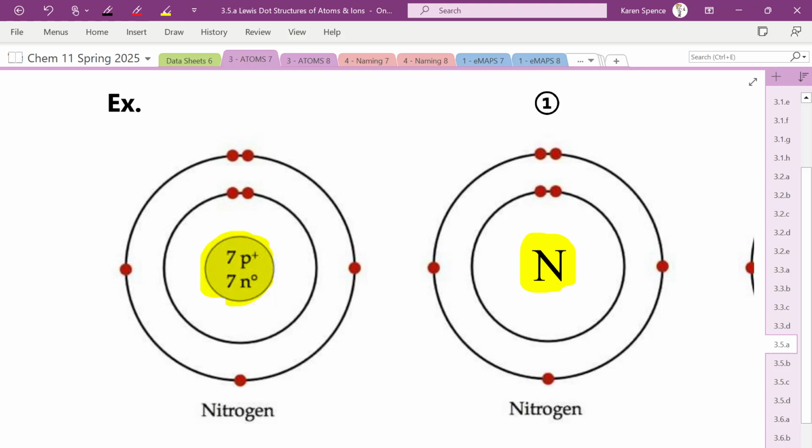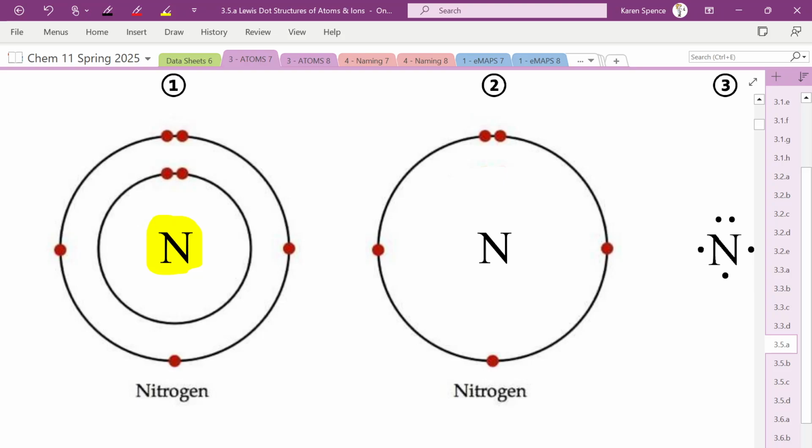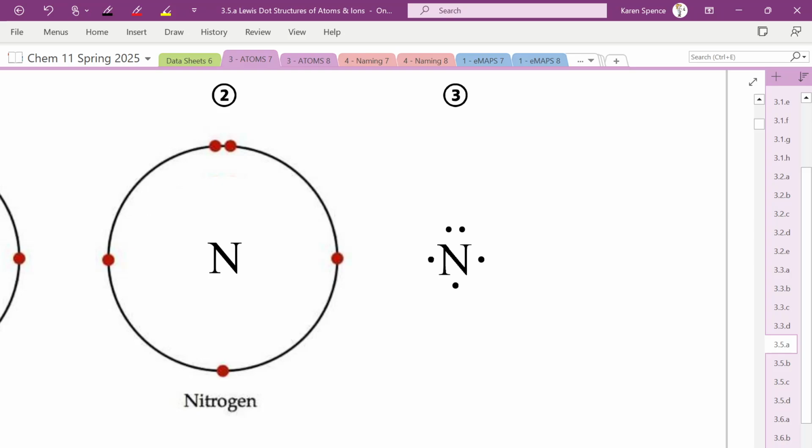Then, the second thing we do is remove the inner electrons, so we leave only the outer shell. And then we say, why are we bothering drawing all these circles when we could just draw it like this? So our Lewis dot structure has 2 here, 1 here, 1 here, 1 here,